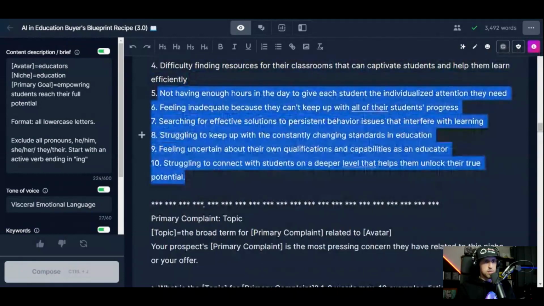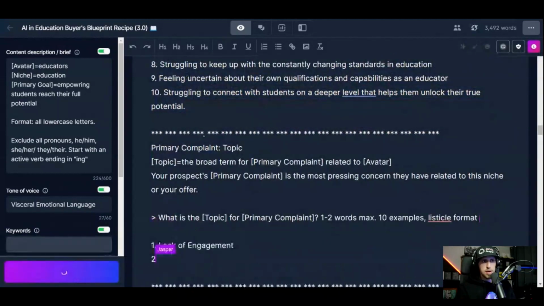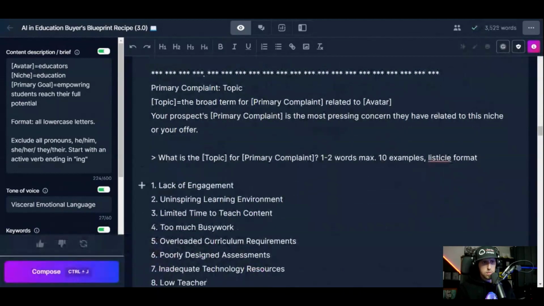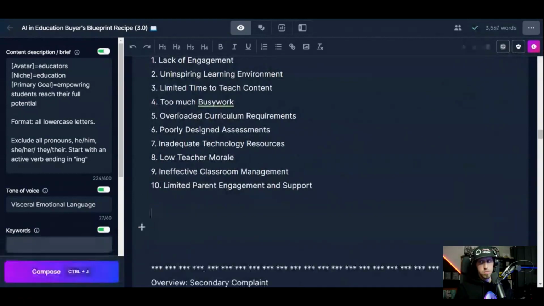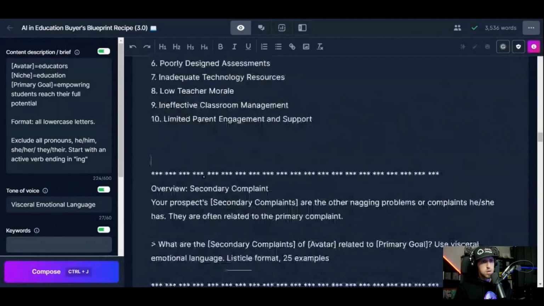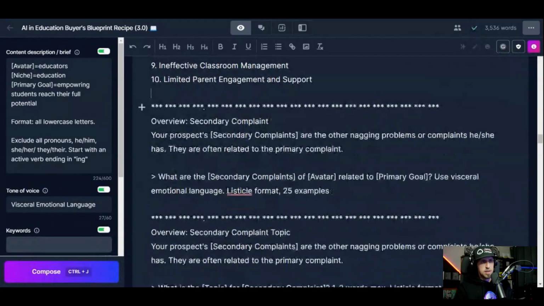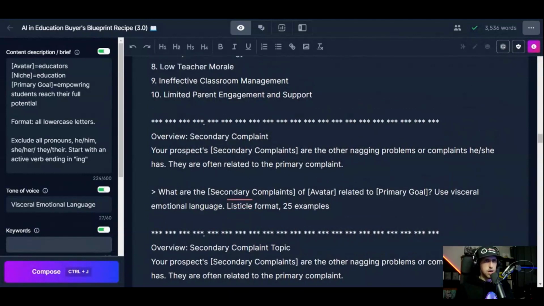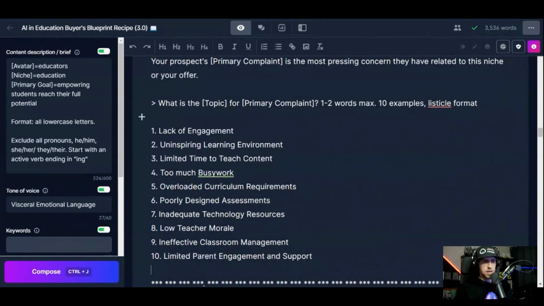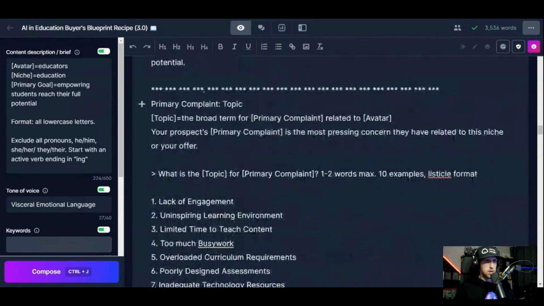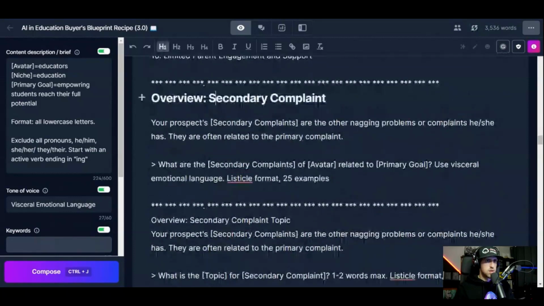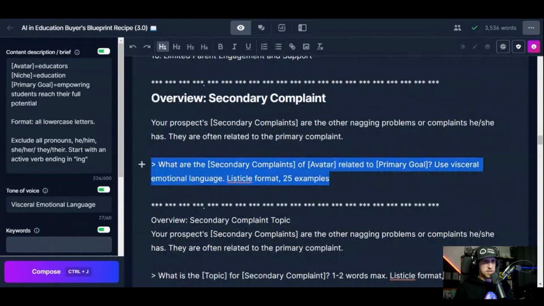And so I'm generating them now, and I'm going to get through the primary complaint topic real quick. Bring you down now, because now you've seen how the primary goal and primary complaint are both generated. We could again go back to ChatGPT for this sort of stuff, and I certainly will in some cases, but I'm going to do it here for the secondary complaint. Now I list out 25 examples, and the reason why the secondary complaint section is so important is because